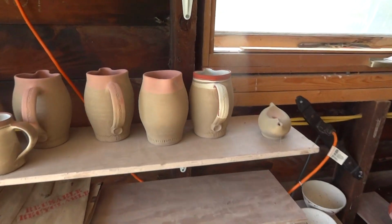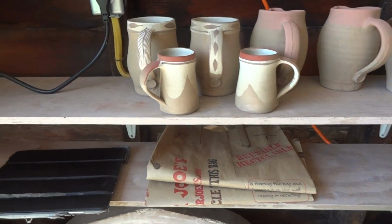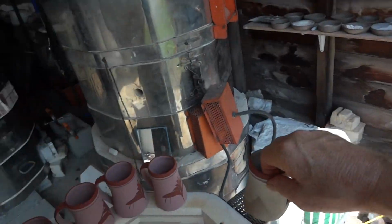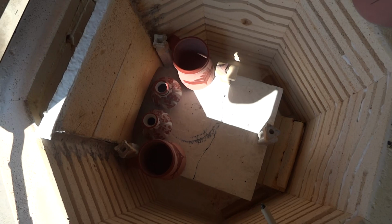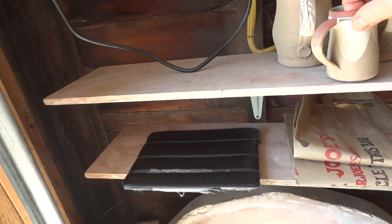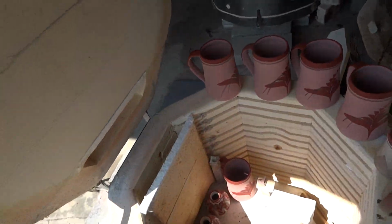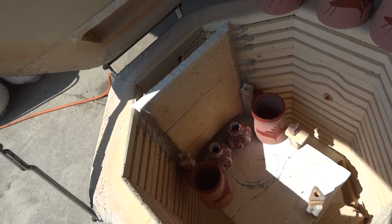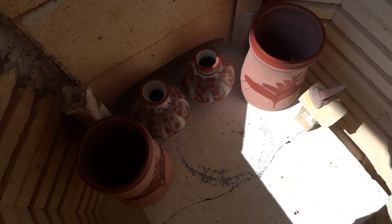Oh, you've got some leftover pots up here as well from previous firings. Actually, I better make sure I get these guys in. The joy about this little kiln is it's a doddle to fire, and I can really pack the whole thing in 20 minutes really, if I put my mind to it. So yes, just doing the bottom here,